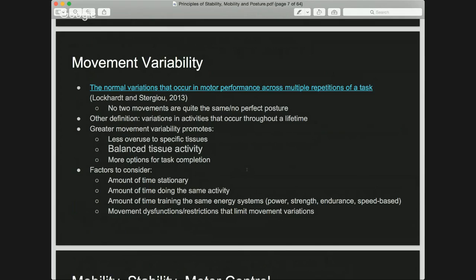All right, so we want to really take movement variability seriously and not just have exercise programs, but really appreciate the wide spectrum of movements and really be exploratory with how we move as human beings. Factors to consider with movement variability are the amount of time you're stationary. So living a sedentary lifestyle decreases your movement variability, but also, as I mentioned before, the amount of time doing the same activity. The amount of time training the same energy systems is often overlooked,